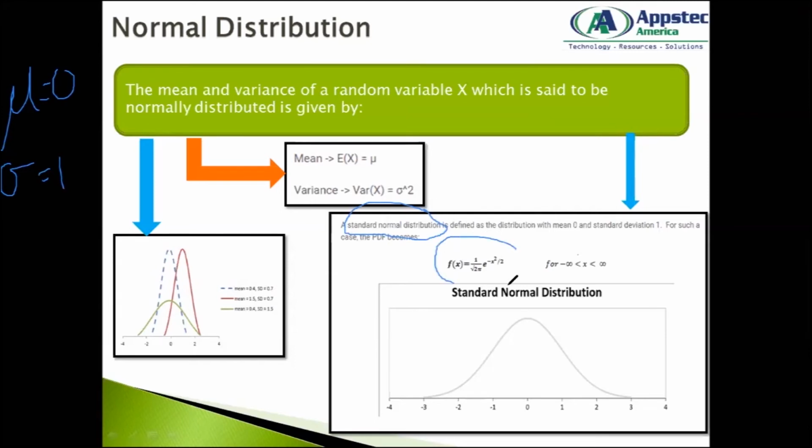It's f of x is equal to 1 by 2 square root of 2 pi e to the power minus x square by 2, where again my x should range from minus infinity to plus infinity. That's the range. My data range does not change, but the formula is a little modified here because I have a mean which is 0. So if I go to my previous diagram